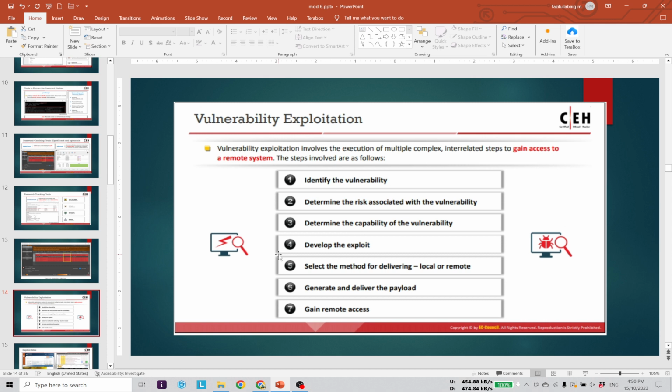And let's see step 6, generate and deliver the payload. There are some tools to generate our payload. First we are generating our payload so that we can communicate from our system to the victim system. And then delivering the payload, if we have a vulnerability that's capable of delivering the payload,